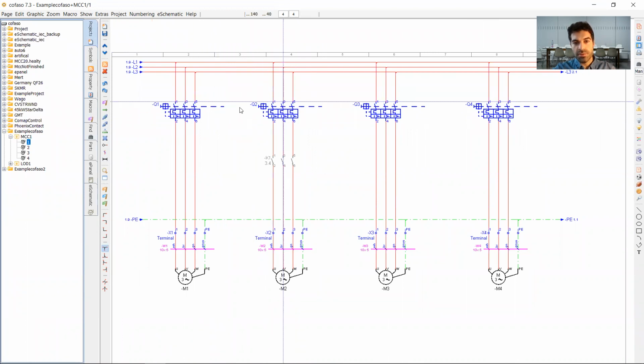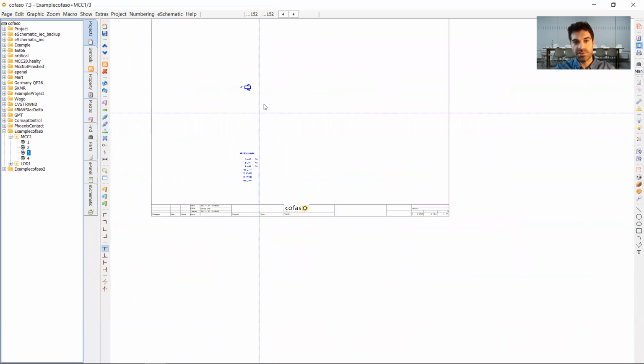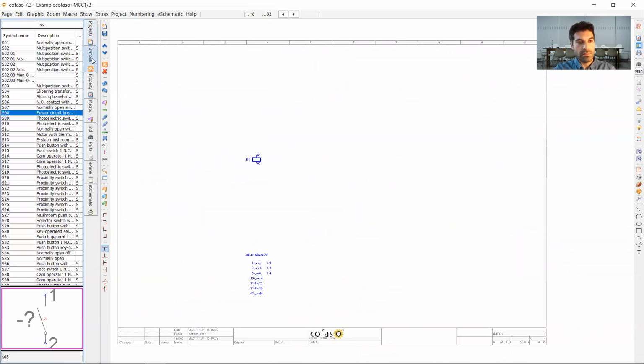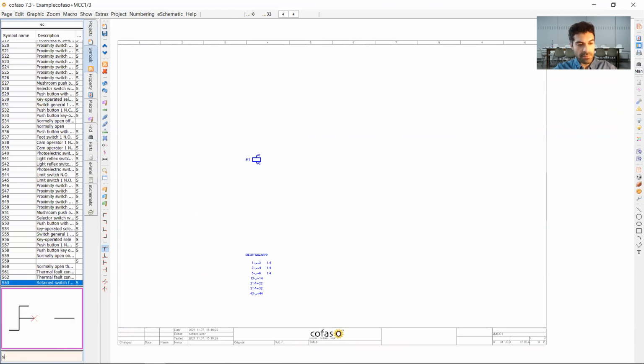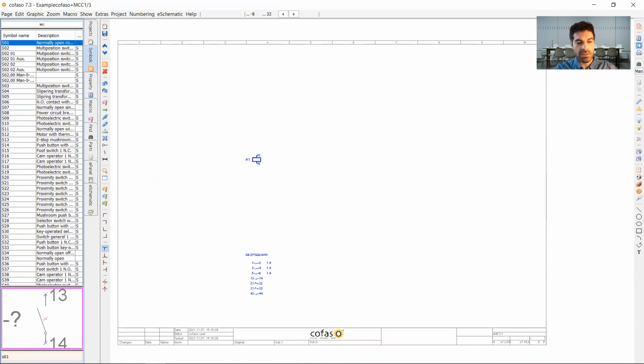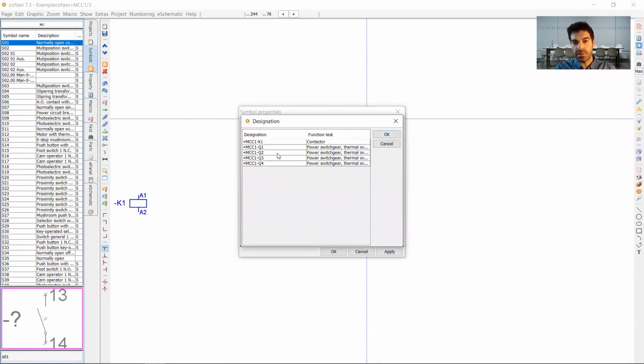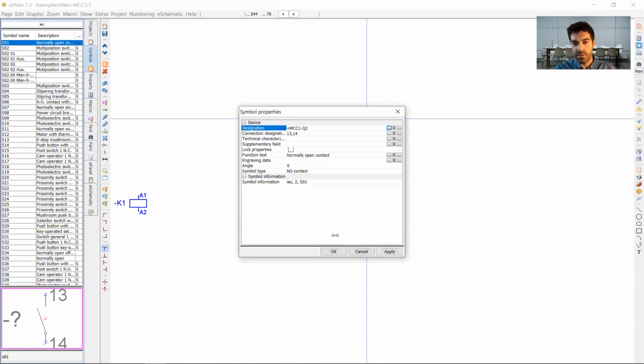Let's use also the auxiliary contacts of the motor protection relay. So what I'm gonna do is again go to the symbol library. Let's say this time S01 is gonna be my normally open contact. So approximately here I place it. Again, the question mark, you say this belongs to the Q2 motor protection relay, let's say. So okay,